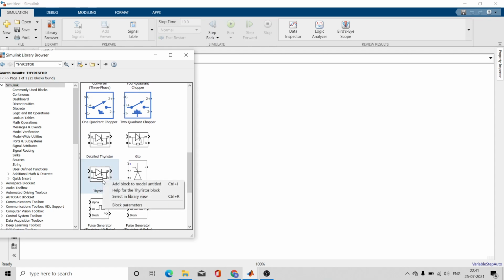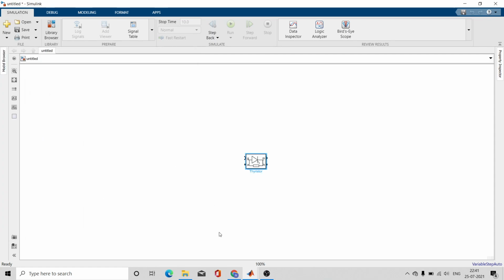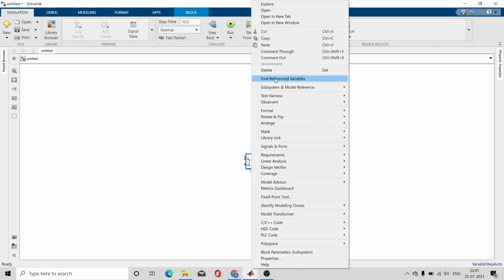So right click on it and add block to the model untitled. So you can see here it has appeared. So let it rotate. First of all, let it rotate.